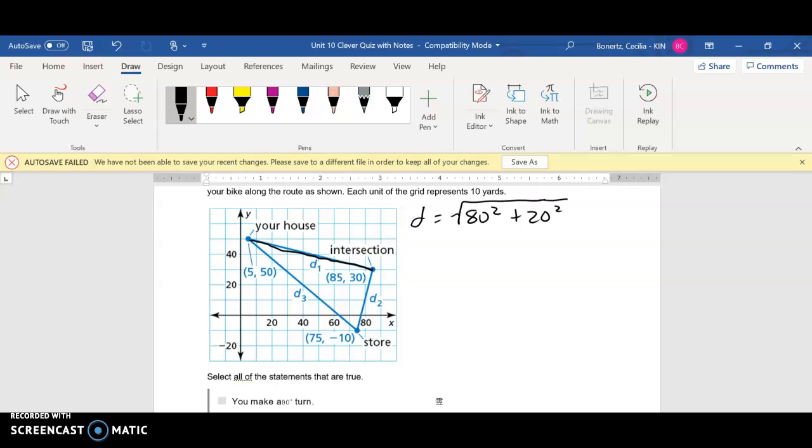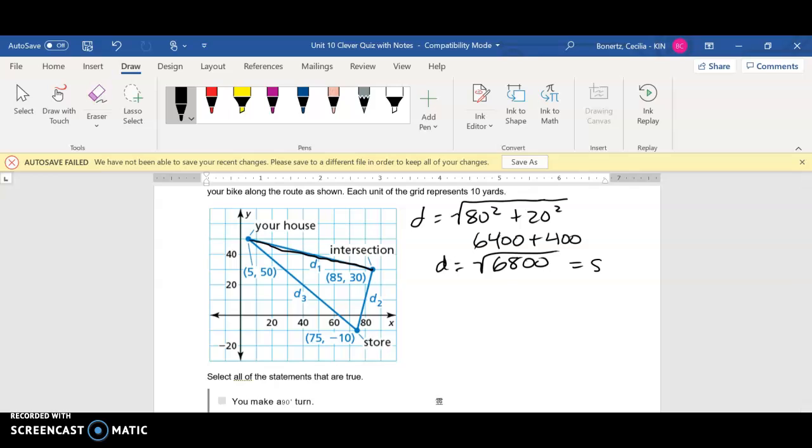Again, it doesn't matter, distance is always the absolute value, so it doesn't matter if I do 50 minus 30 or 30 minus 50, I'm still going to end up with a positive number once I square it. So keep in mind, this is not 100 squared. I have to follow the order of operations, which tells me to do the exponents first. So I can't add the bases and then square them. So 80 squared is going to be 6,400. 20 squared is going to be 400. So my distance is going to be the square root of 6,800,